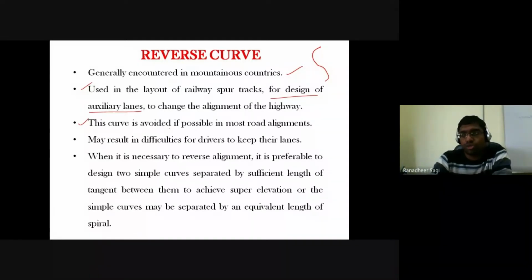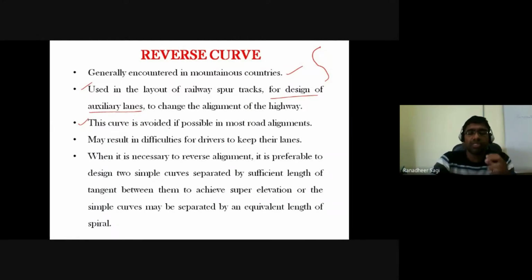Most of the time, I think many of you might have witnessed this situation. When you travel across Ghat roads, many of you will have the sensation of vomiting or headache or other health issues. That is all because of the continuous change in the curvature of the road. People may not feel comfortable, because of which you will have that ill health and other aspects.